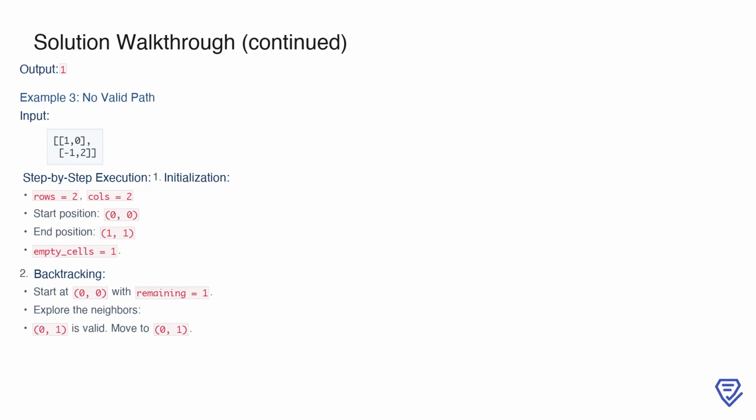However, in this example, no additional paths are possible. The final output for this grid is 1. Now let's examine a scenario where no valid path exists at all. Consider the next